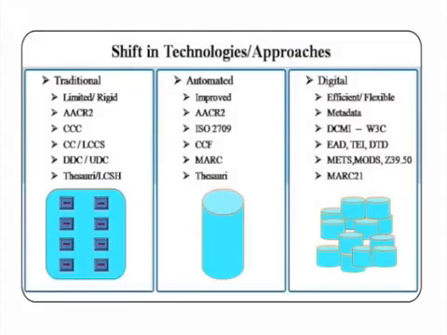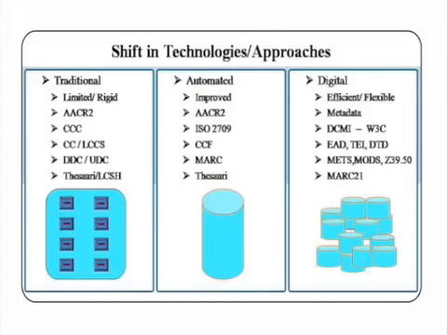Like in traditional libraries, we may not require much standardization. In the traditional form, limited and rigid, you are using the same things which library science uses for cataloging: DDC, UDC for classification, AACR2 or thesauri or subject catalogs. In automated libraries also the same thing will be used, but with more standardization. Like ISO 2709 came when it shifted to automated libraries. AACR2 came, CCF, MARC 21 for the bibliographical record.